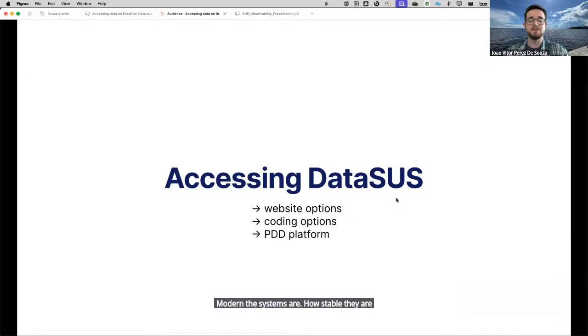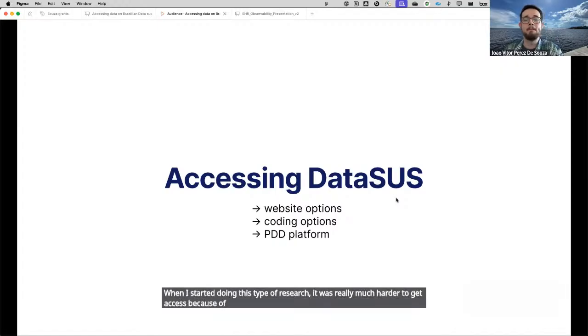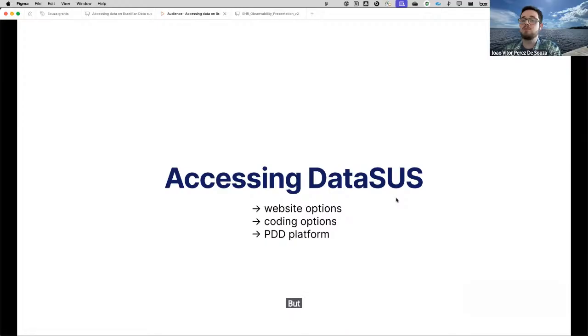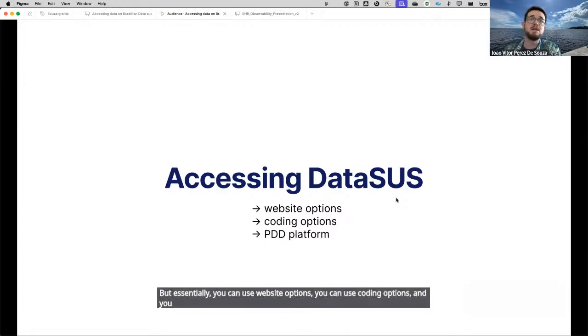Because when I started doing this type of research, it was much harder to get access because of how unstable the system was. But essentially, you can use website options, you can use coding options, and you can even use the new PDD platform, which is the one I want to talk about at the end.